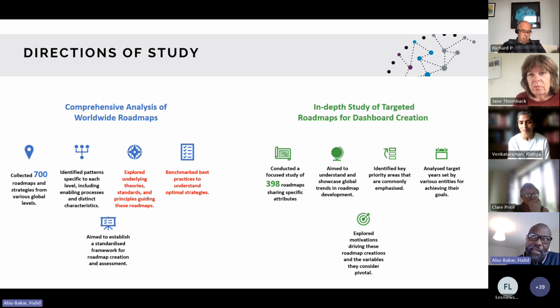You wouldn't necessarily see roadmaps in all of the titles. Some of them are strategies, some of them are action plans, some are policy frameworks, and so on and so forth. But they all have certain characteristics in common. They identify focus areas, they have designated action plans, and they have implementation strategies. So I collected 700 roadmaps and identified certain patterns